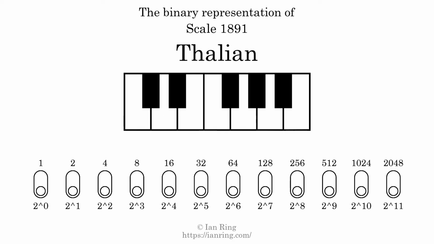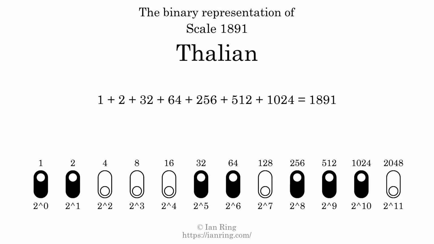The binary representation of this scale is determined by mapping tones of the scale to binary digits. Each binary digit represents a power of 2. To get the scale number, we add the powers of 2 together. The powers of 2 that are present in the scale, all added together, equals 1891. That is why the scale number, in decimal, is